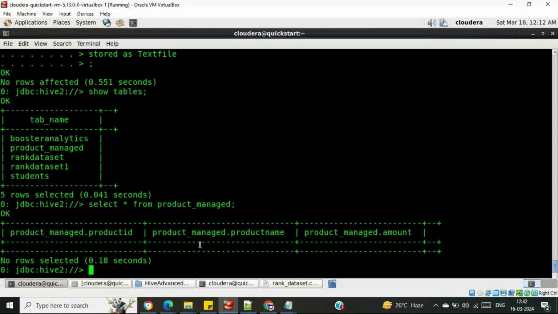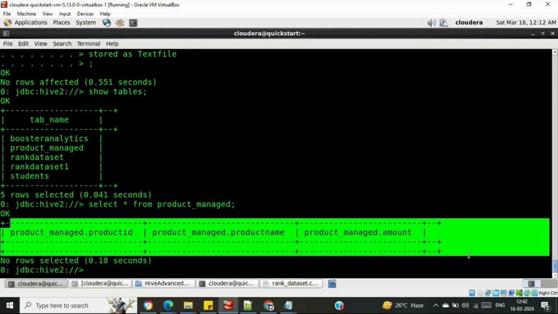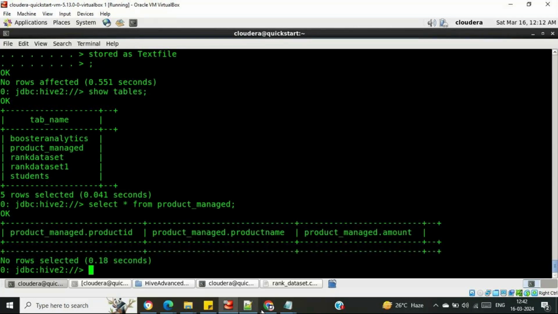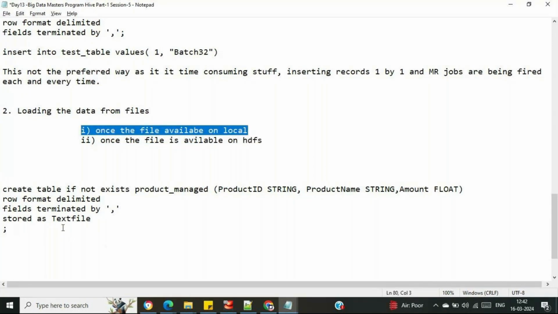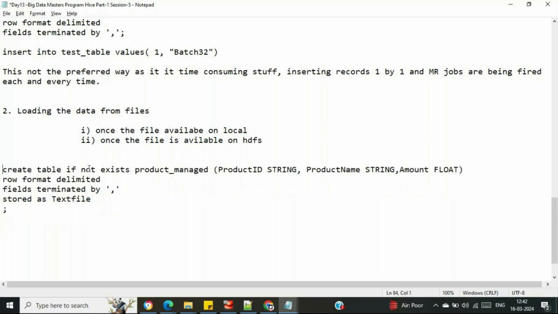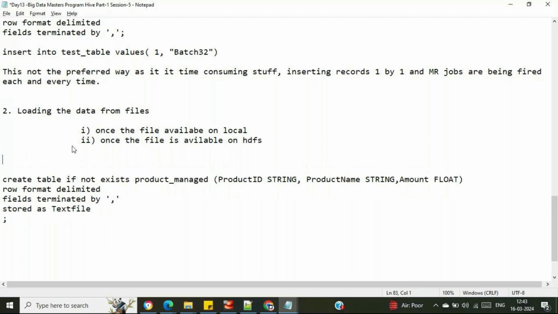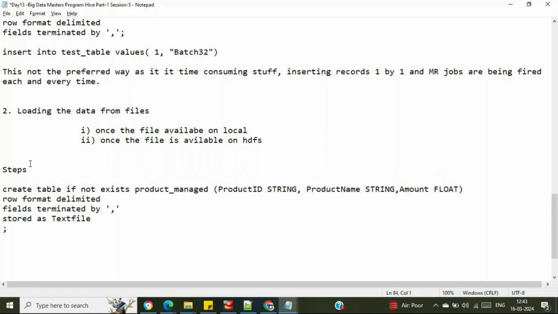So what I need to do is load the data in this table that I have created. In order to load the data, there are two ways: loading the data from local and loading the data from HDFS. So let me proceed with loading the data from local. The first approach is the steps involved